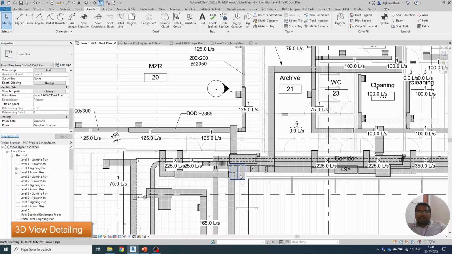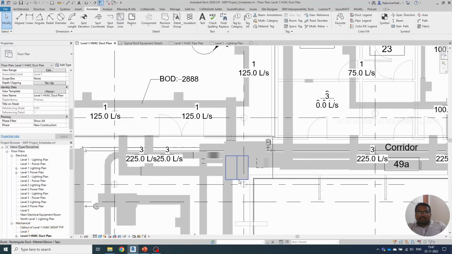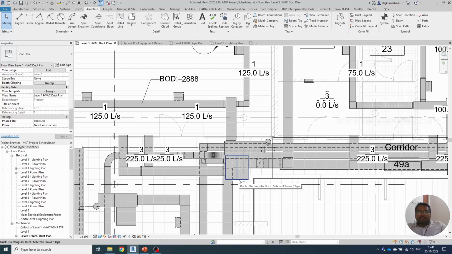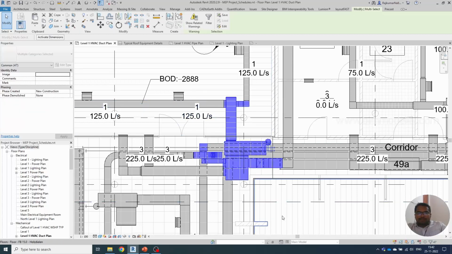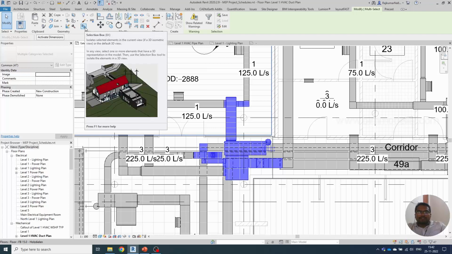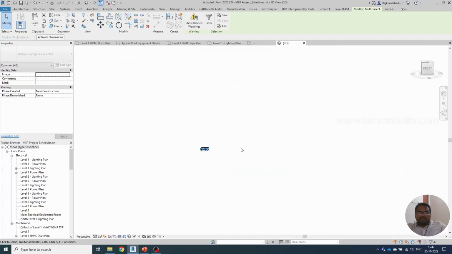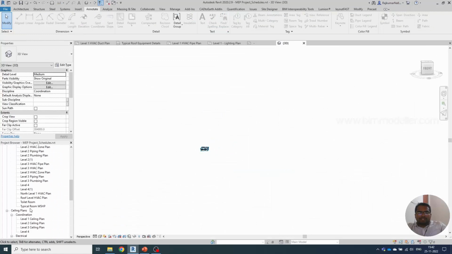With this, we have only one setting remaining from the user request: how to do the detailing or annotation in the 3D views. To create an annotation or detailing in the 3D view, you have to create a 3D view, one of the things that we have discussed earlier. Or you can select like this the elements that you want to detail in 3D, and use the section box option. You know that if you click this button, automatically it opens the default 3D view like this. You can look for the default 3D which is in parenthesis with the 3D like this, and you will be able to rename that